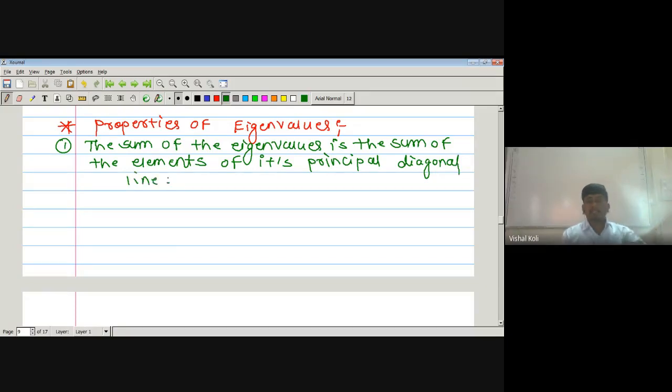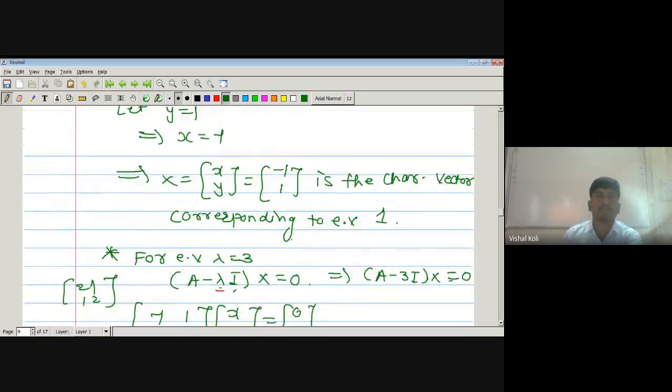Okay, that is, if we take the sum of the eigenvalues, for example, suppose this one will be a